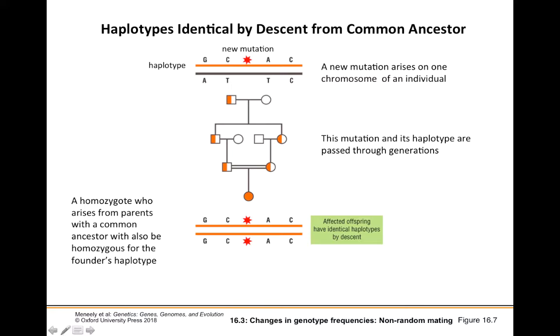Here's a situation where we have two great-grandparents who gave rise to children, who then gave rise to children, and then those children mated with one another, such that there's a certain probability that this allele, possessed by this individual at the bottom of this pedigree, has a mutation not because they got it from one of the outcrossed individuals here in the middle, but because they actually got it from their